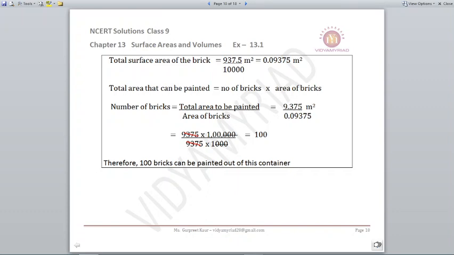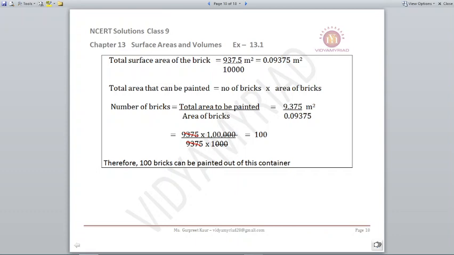I have the area of the brick, I have the area that can be painted. So just divide them. So total area to be painted is 9.375 meter square, which is given to you. Area of the brick you have found, that is also in meter square. If you remove the decimal, everything will be cut and you are remaining with 100 bricks, which can be painted